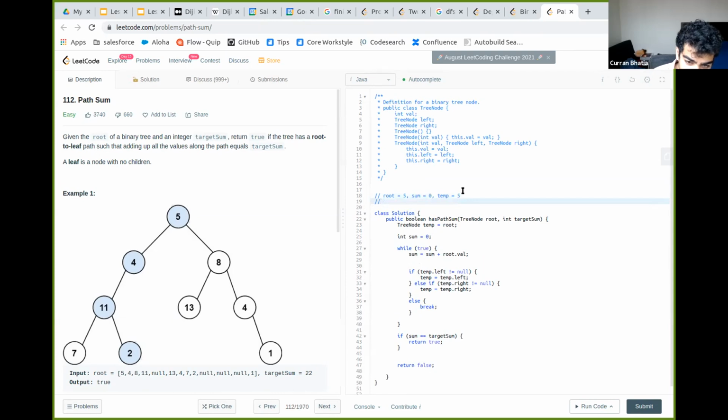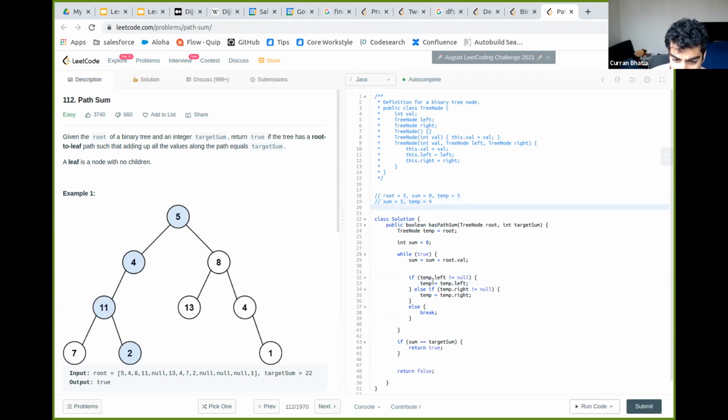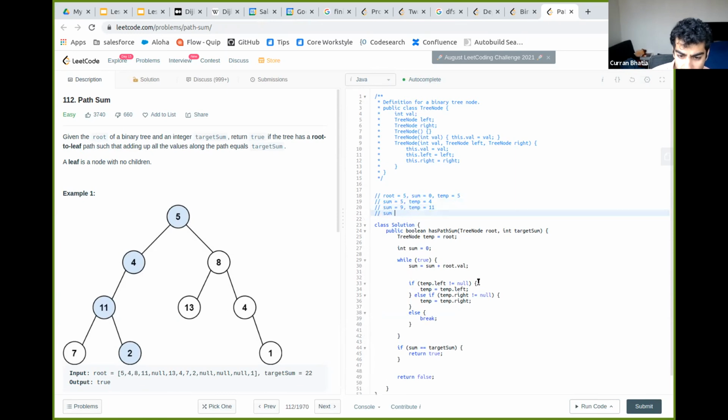And then next what's going to happen is sum is going to equal 5, and then temp is going to equal 4, right? Because temp dot left does not equal null, so then we're going to assign temp to temp dot left. And then it's going to keep going through in the while loop, and it's going to go sum equals 9, temp equals 11, right? And then it's going to keep going.